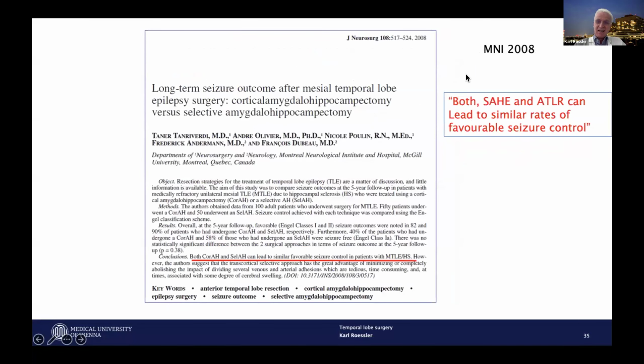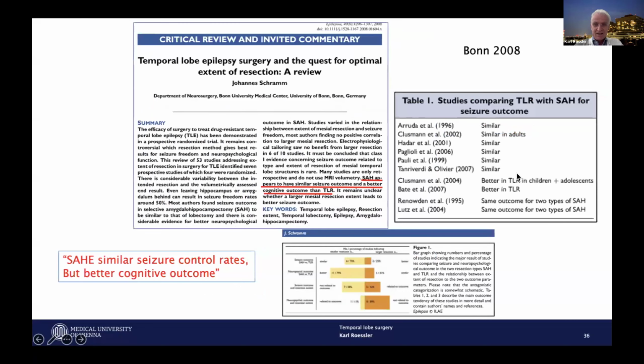Another very important paper is from the Montreal group, where at this time André Olivier was the surgeon. They compared different approaches or strategies, and they came to the conclusion that both selective and the more extensive resections can lead to a similar rate of favorable seizure control. And what was in some papers not considered was the